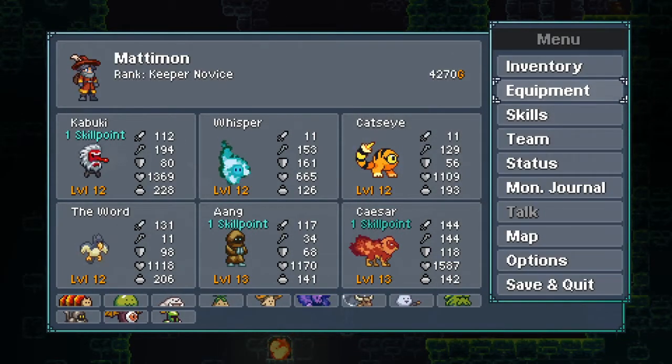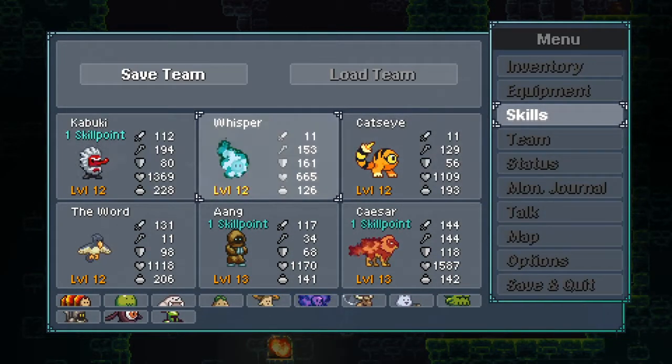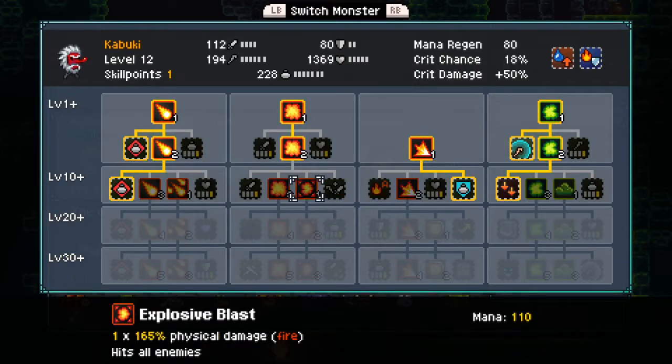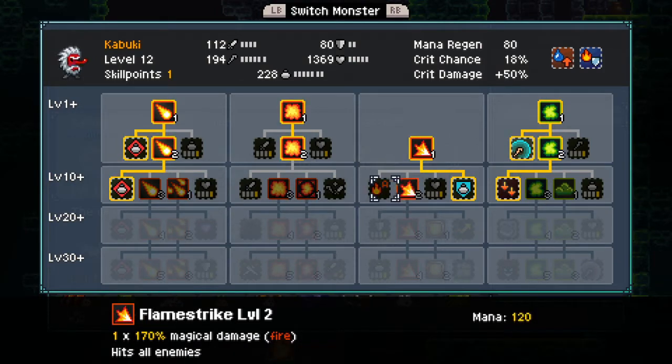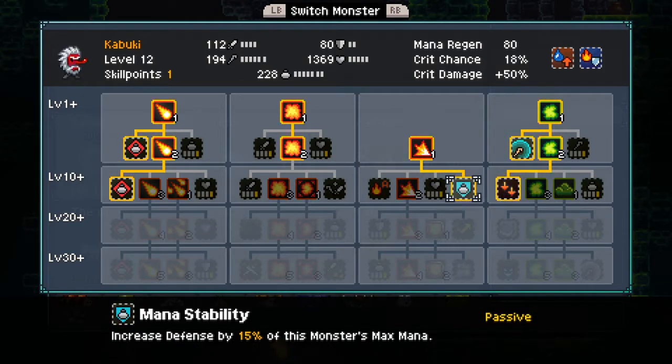So, right. Explosive Blast hits all enemies. Tempting. Fireball Storm is one person, actually. Oh, but it's a multi-hit move. Right. But it does less damage than the one hit does, so I guess it's just better if you're trying to set up a combo. That's fair enough. I am going to go with...